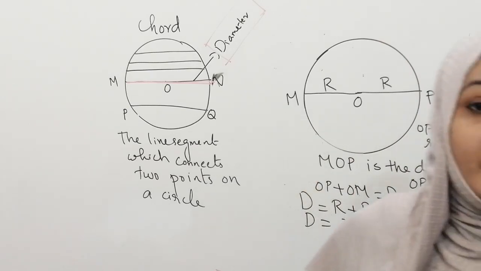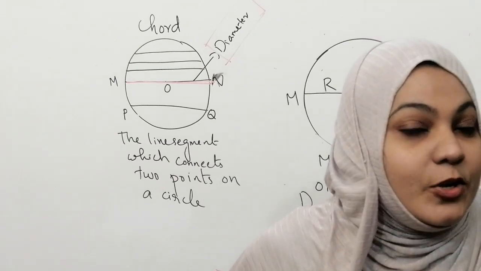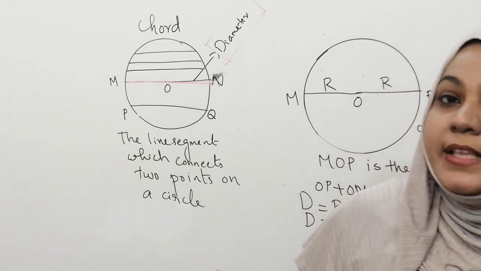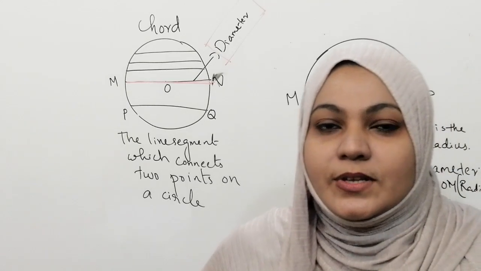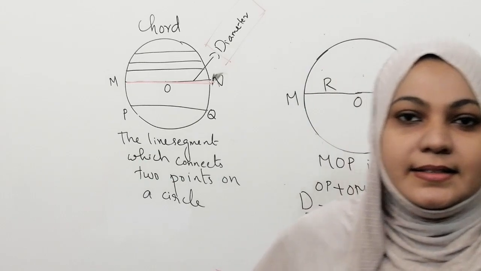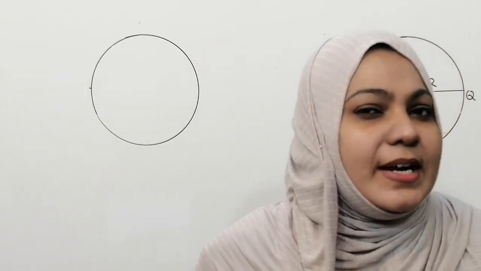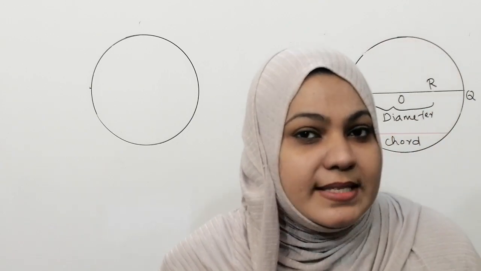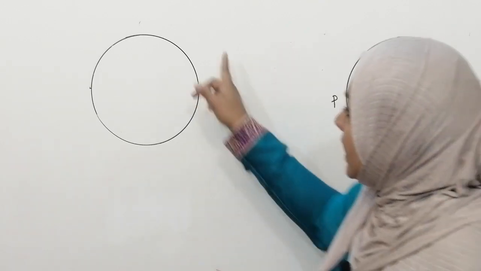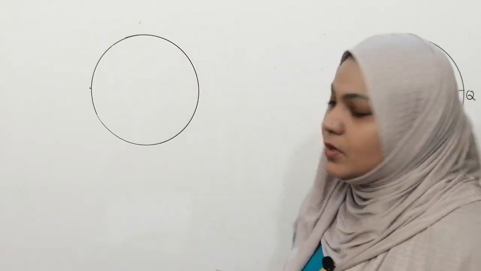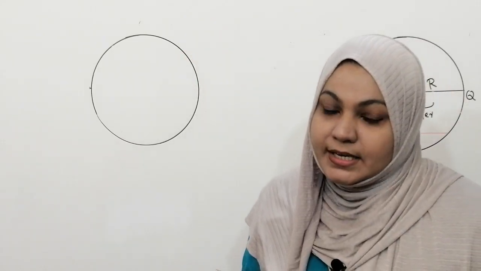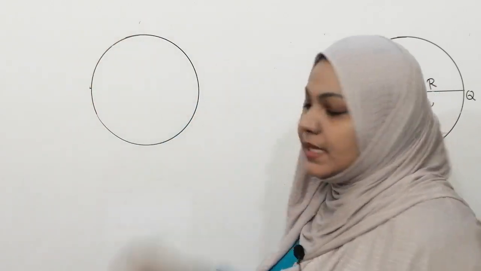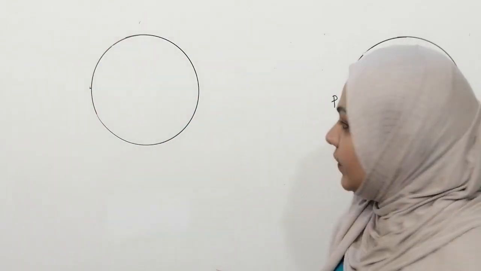So, next we can learn what is arc of the circle. I already said you are already familiar with most of the terms. We are just recalling, then only this chapter is easy for you. Before starting arc, we can revise what is circumference of the circle. The complete length of the circle is called circumference of that circle, or the total distance around the outside of the circle.